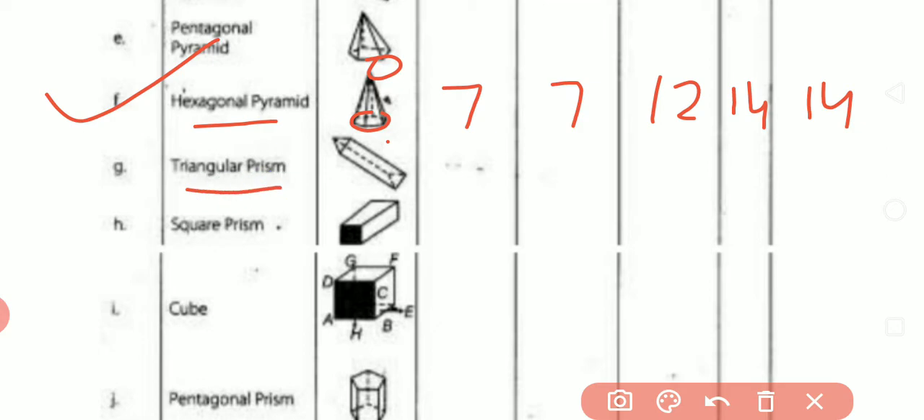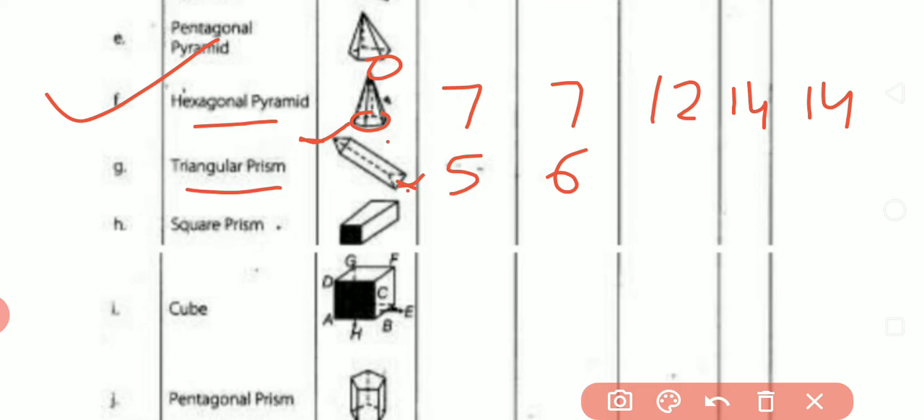Triangular prism, so you know that top and bottom are triangles and sides are rectangles or parallelograms. So faces are 1 triangle at the top, 1 triangle at the bottom, 2, and 3 side faces. So there are 5 faces. How many vertices does it have? 3 for this triangle, 3 for this triangle. So we have 6